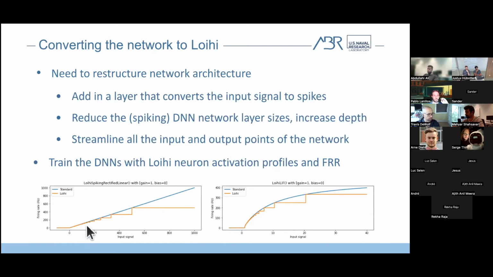And you can see that, sub 200-ish on the firing rate side, it's a pretty decent representation of the neuron activation functions. But then as you get into larger and larger values, this becomes kind of a heinous distortion. And so what we want to do is make sure that our neurons are all firing in this 50 to 150 hertz range here. And so we do all of this retraining,